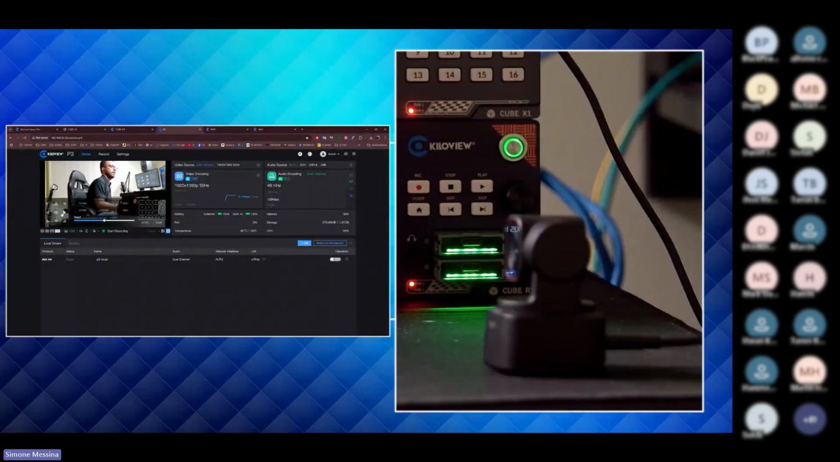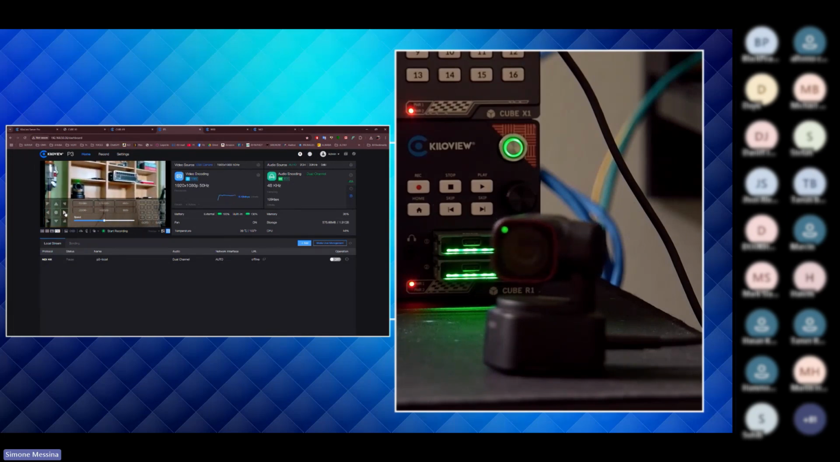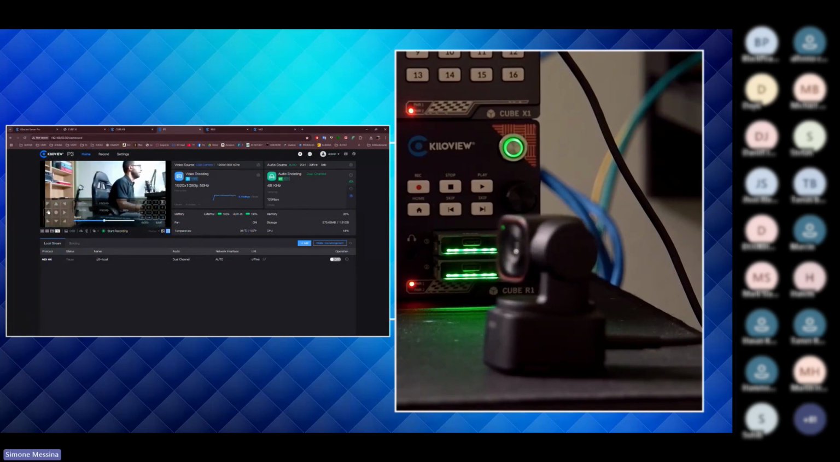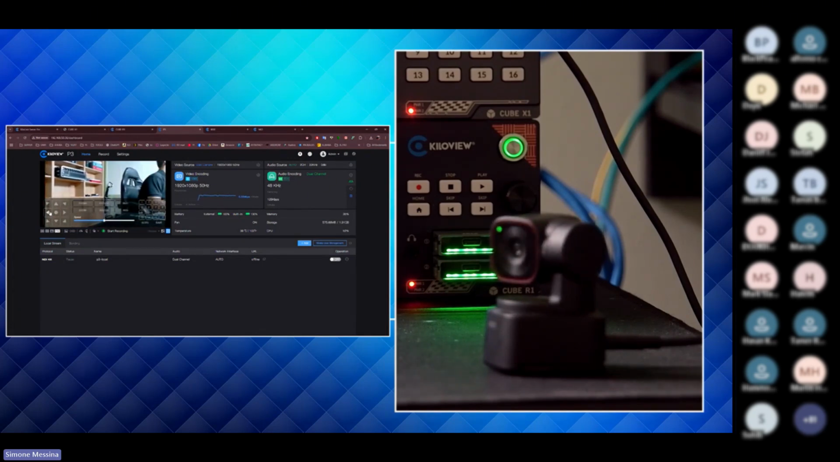Let me move this around. So you can notice with the control of the web UI, I've been able to move my USB PTZ cam. Cool, huh? So basically with one single cable, especially in those situations where you have to put a really small,